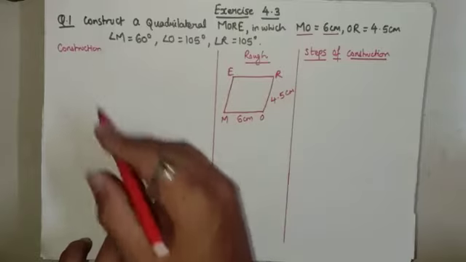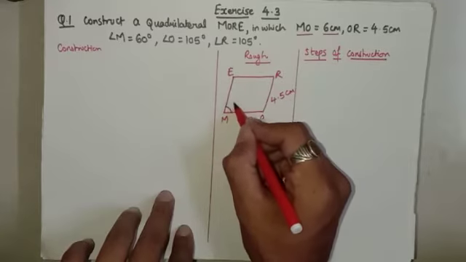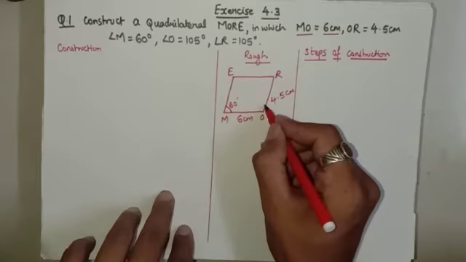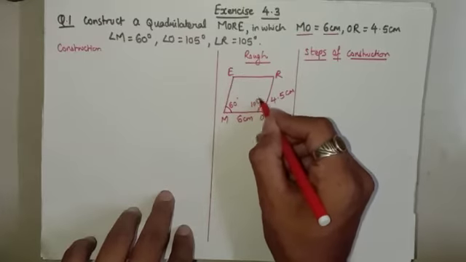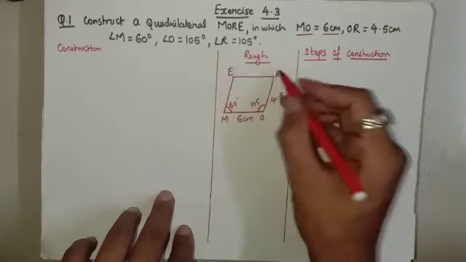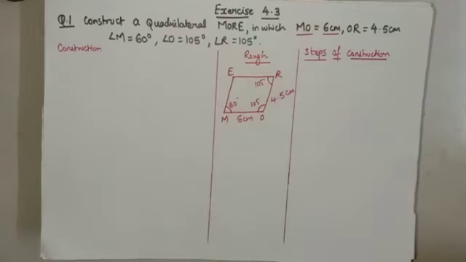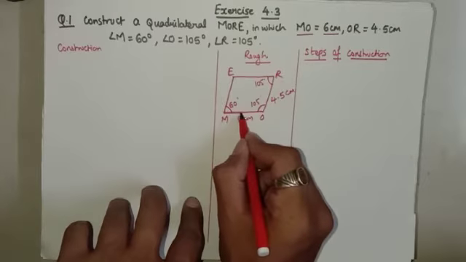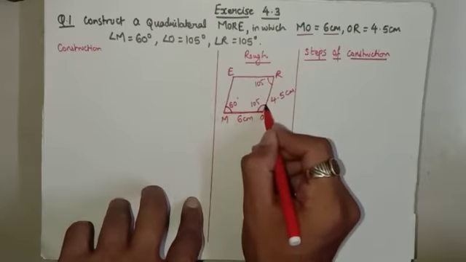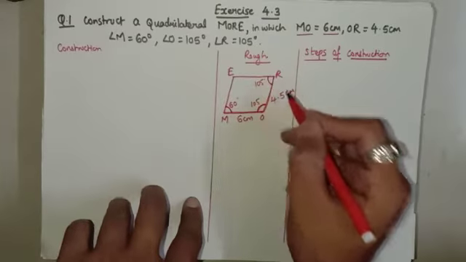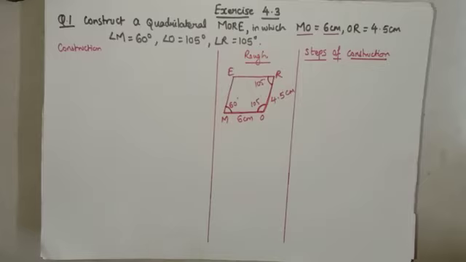And angle M is 60 degree. Angle M means this angle, it is of 60 degree measurement. Angle O is 105 degree. This is 105 degree measurement. And angle R is again 105 degree measurement. So very simple it is. First of all, we will select a side which has two of its angles. See, we have this side also, it also has two angle measurements. We can start from this point also, which has two of its angle measurements. Okay, how to construct this?